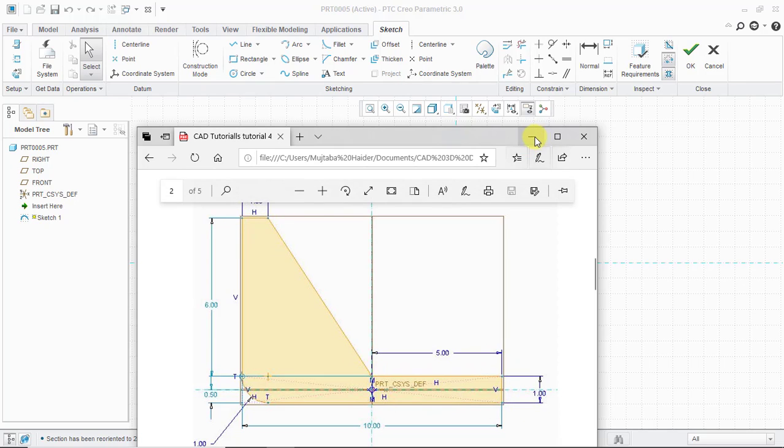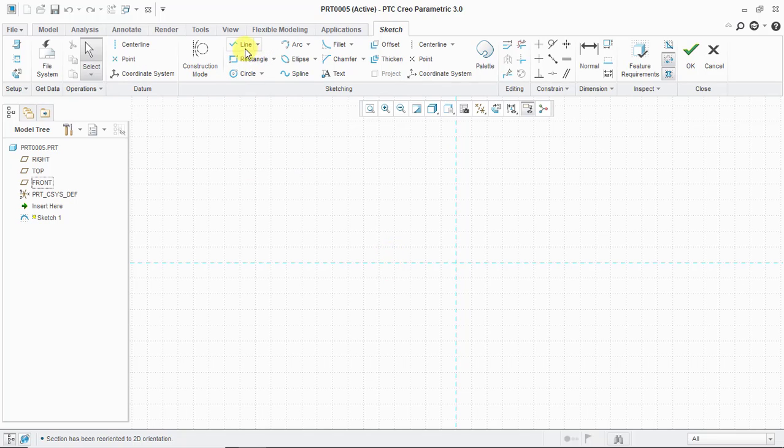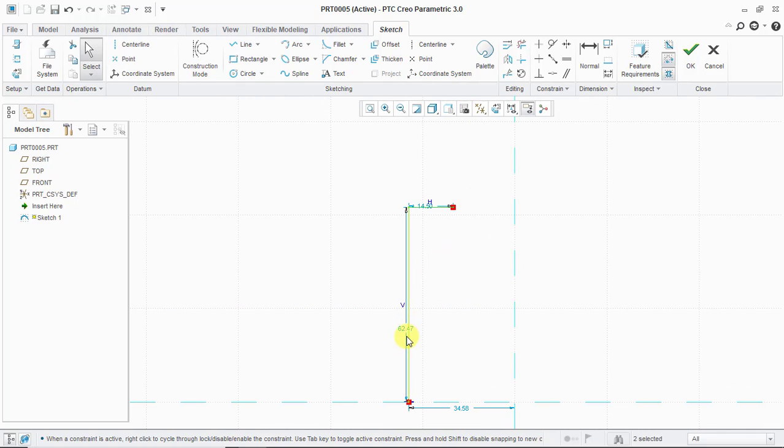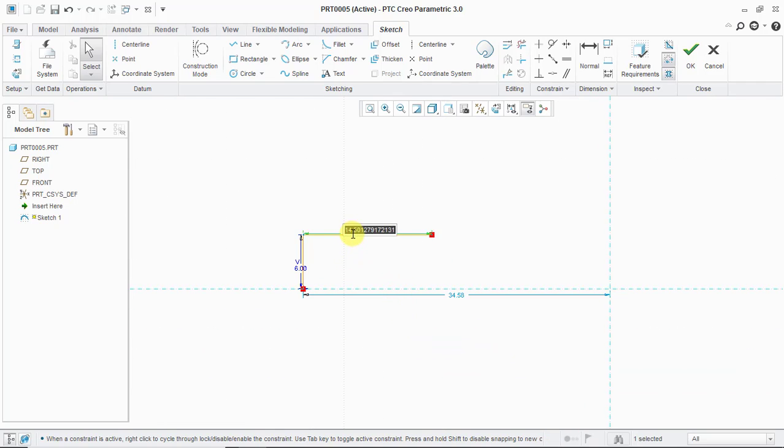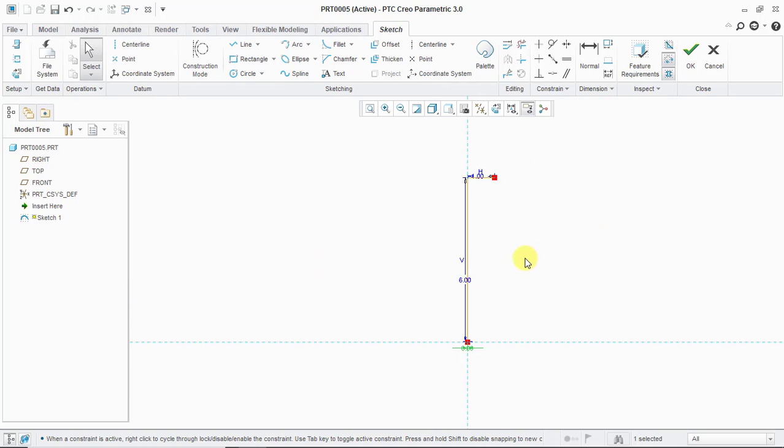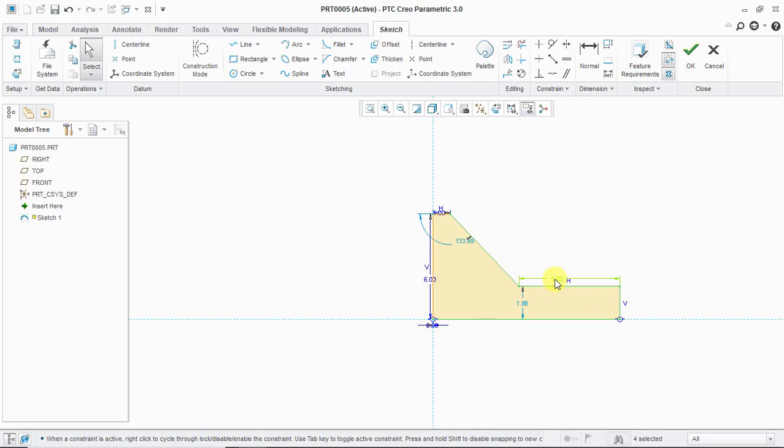design, and we'll extrude. So first of all, select line and give it dimension 6 inches and 1 inch. I need it in center. After that, just give it random dimensions, and after that we will modify it after this process. So